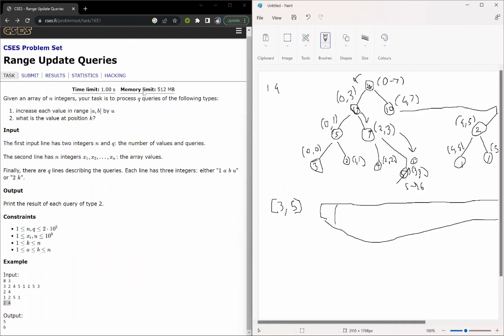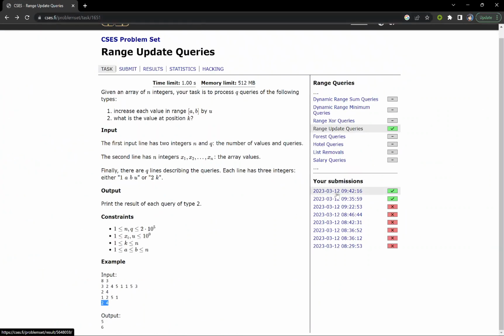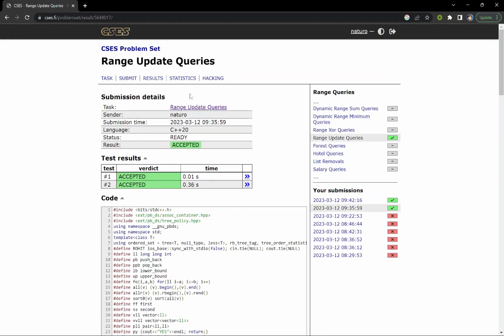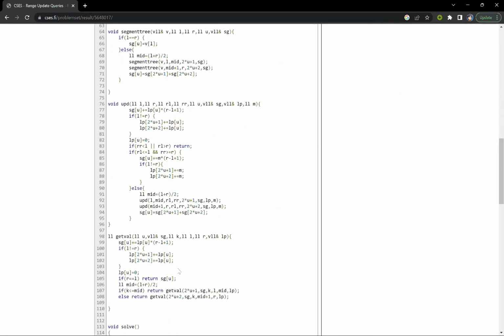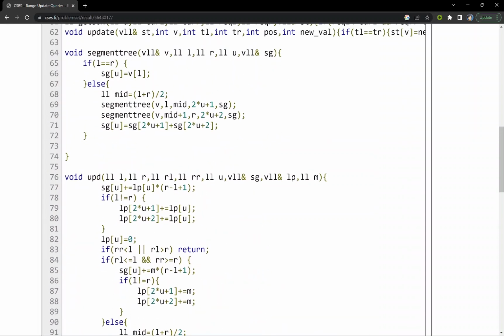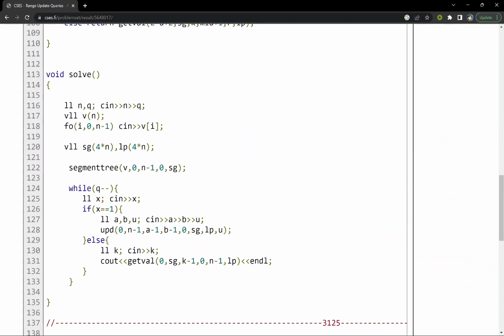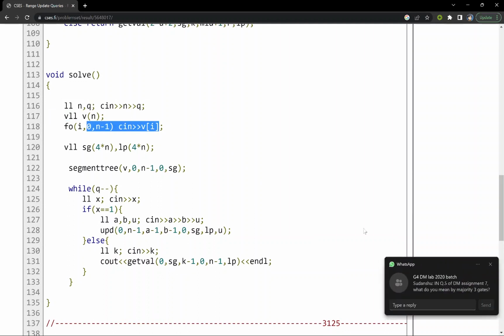6. I will show you my code so that you will get a better understanding of what I am trying to tell you. This is the accepted code. There are three functions. First, I have taken an input N and Q, then created a vector